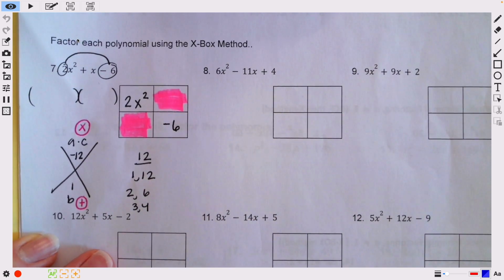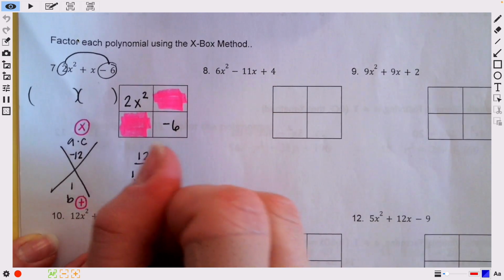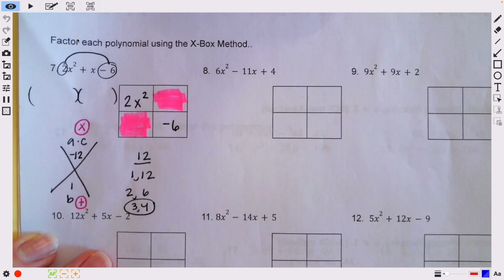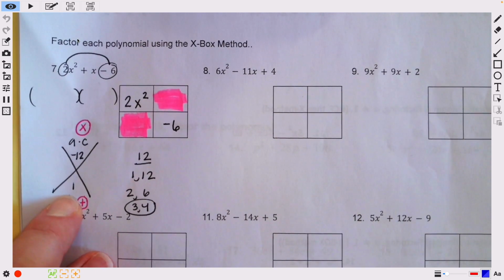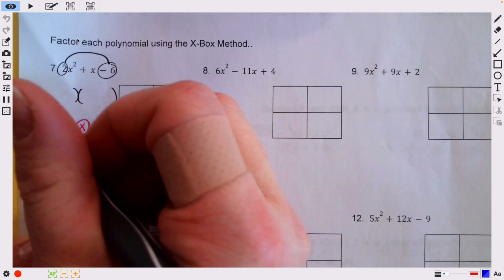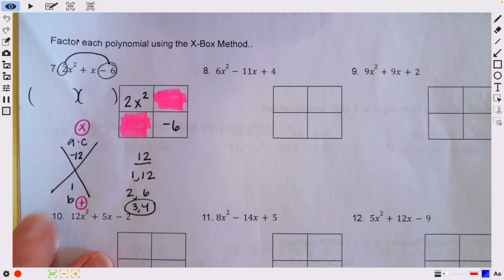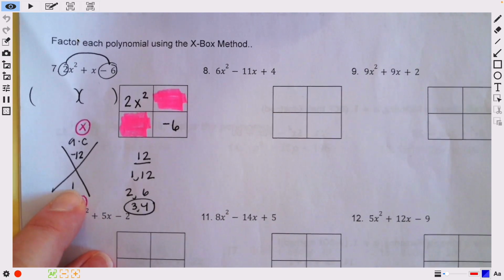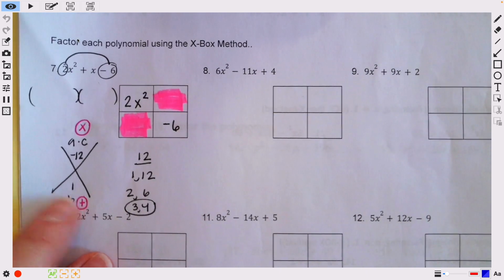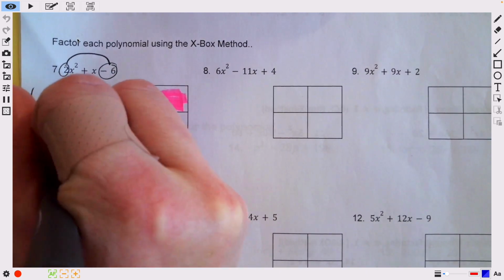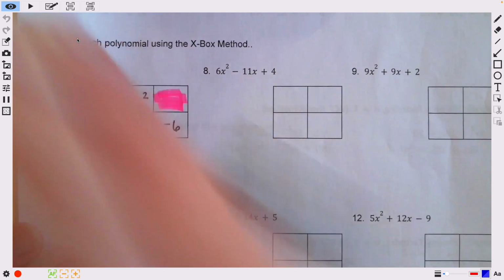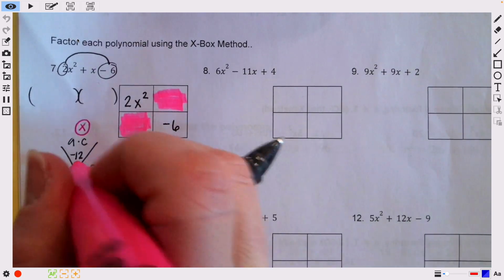You've done this part already, you guys. Jimmy? 3 and 4. I need one of them to be negative, and I have to add to a positive 1. Sharon? That would make negative 1. What did I just say? Sorry, they have to add to positive 1. I'm sorry. I misspoke. So positive 4 and negative 3x. That's what goes in your pink boxes